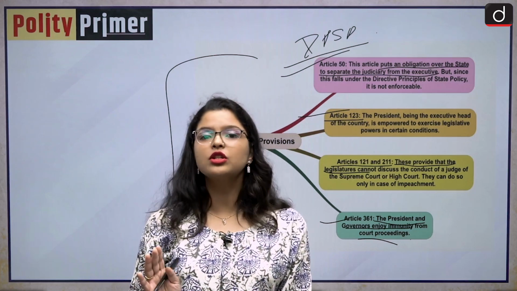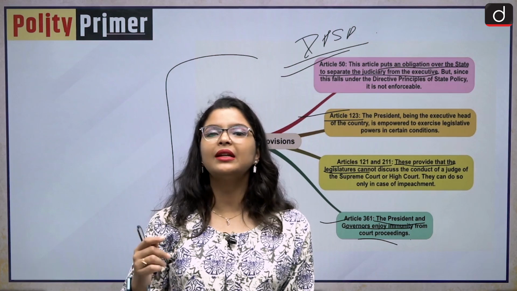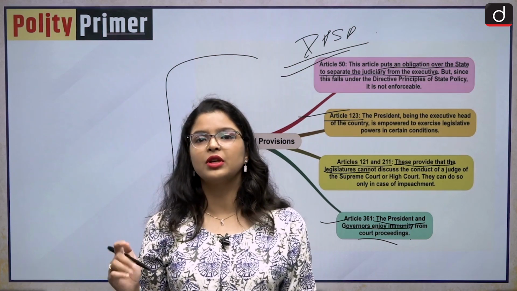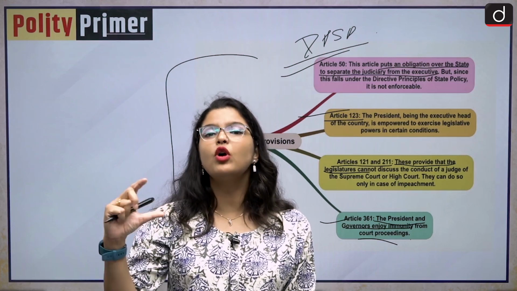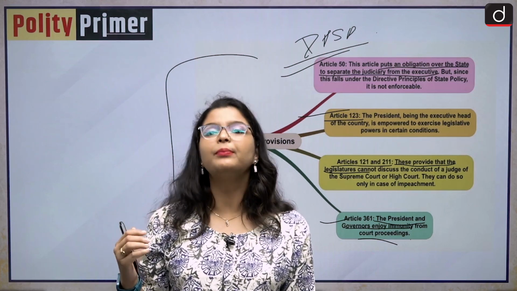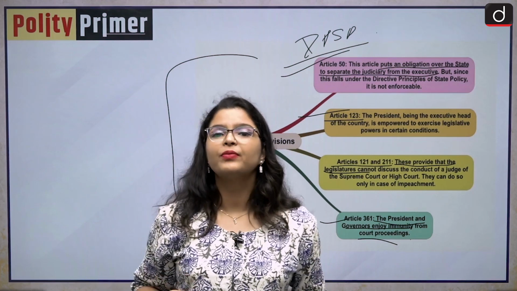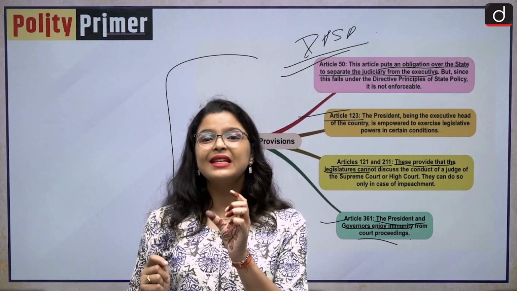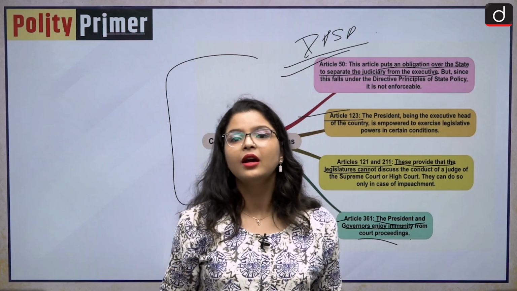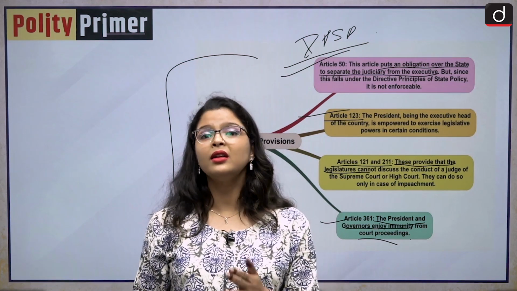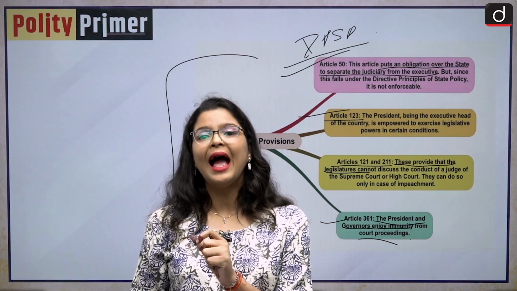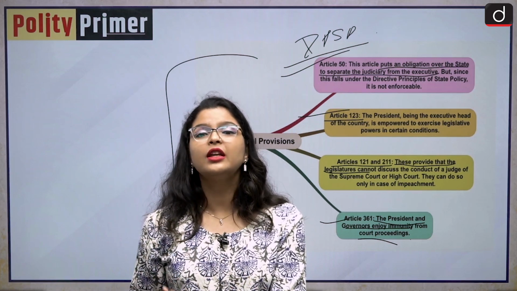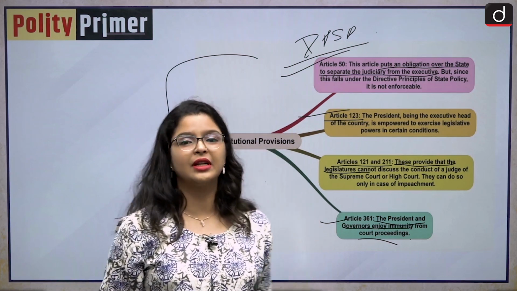So the doctrine of separation of power is present in India, but we have a unitary tilt in our Indian Constitution. That is why the Indian Constitution is quasi-federal in nature. It is not completely federal. So if we talk about India, the doctrine of separation of power is in essence present. Now let us discuss what the new Jan Vishwas Bill has laid down and how it has effectively diluted the doctrine of separation of power.